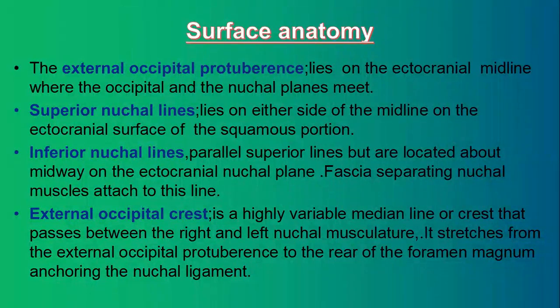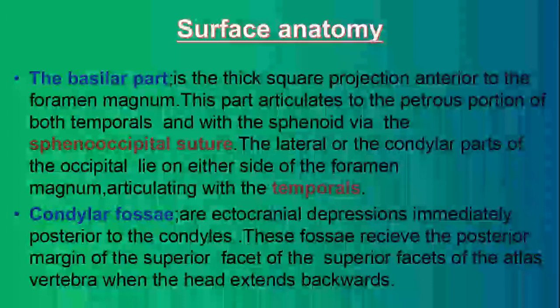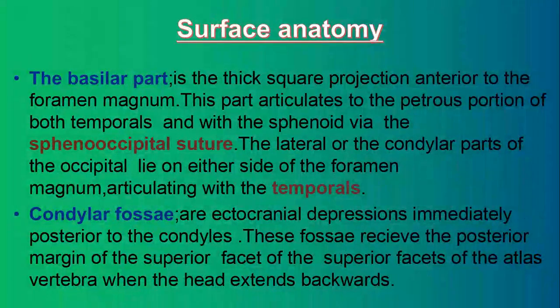External occipital crest is a highly variable median line or crest that passes between the right and left nuchal musculature. It stretches from the external occipital protuberance to the rear of the foramen magnum, anchoring the nuchal ligaments. The basilar part, which we shall be able to identify as well, is the thick square projection anterior to